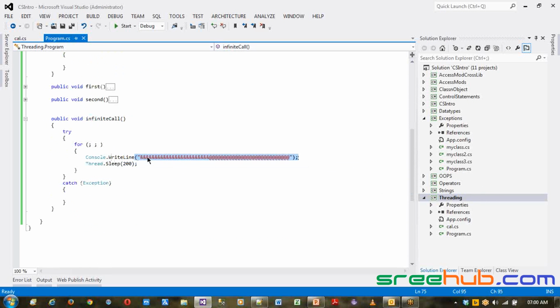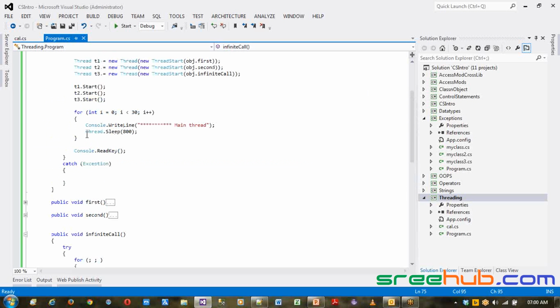Now, how can we kill this logically? We have just seen a few statements, normally in an infinite loop, what will you be doing? Let's say you are continuously checking your socket whether you got a connection or not, whether you are trying to read a socket and make some connection and then do some task. There will be so many things which will be done. So to actually make it close, you may have to check something like